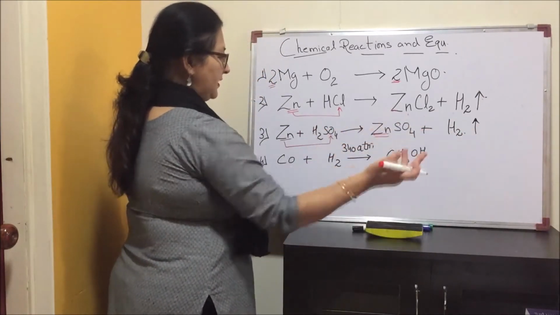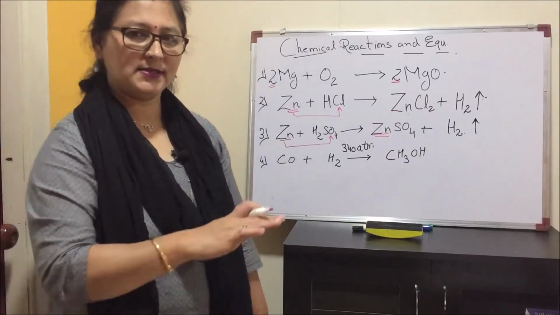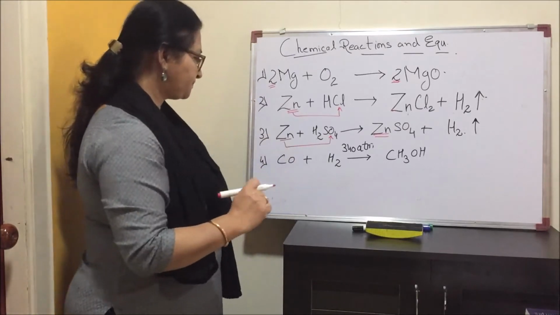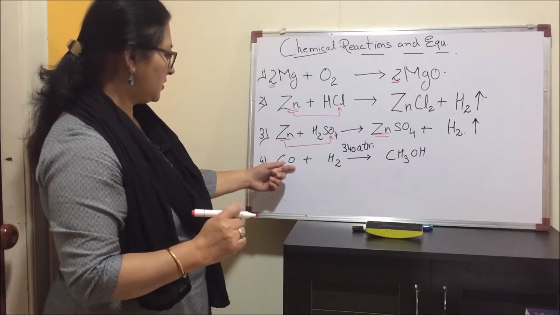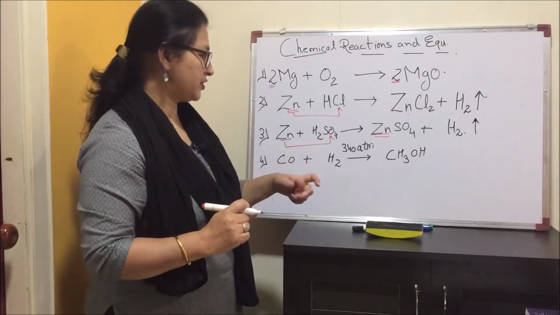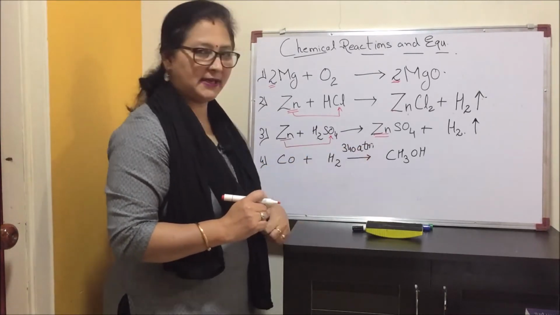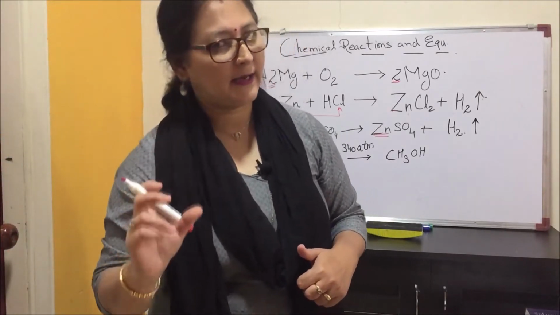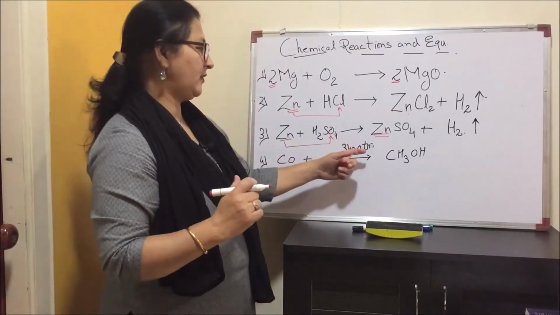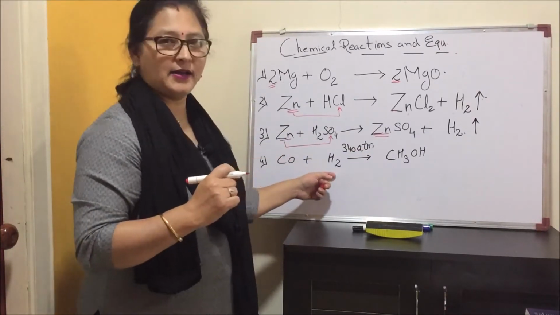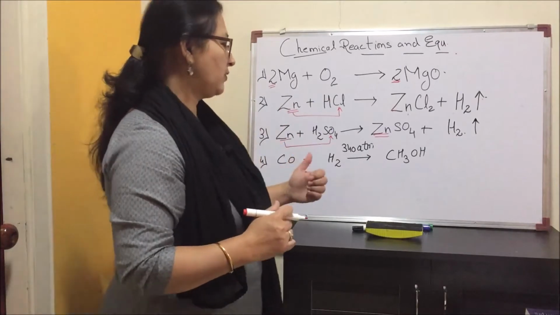Okay, SO4 and SO4, so this equation is completely balanced. Now coming to this equation, carbon monoxide plus hydrogen, 340 atm. atm is a short form of atmospheric pressure. So under 340 atmospheric pressure, when carbon monoxide and hydrogen gas react, they are going to